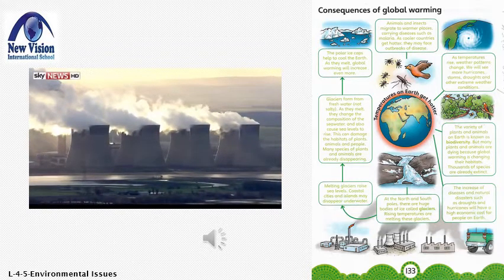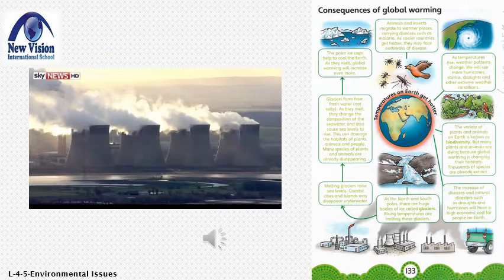Okay, dear students, kindly turn to page number 133. Here we are describing the consequences of global warming. We will read in clockwise direction, because this information is given in clockwise direction. Don't forget two things. Number 1, Number 2, reread with your teacher. Good. Okay, now let's continue reading.